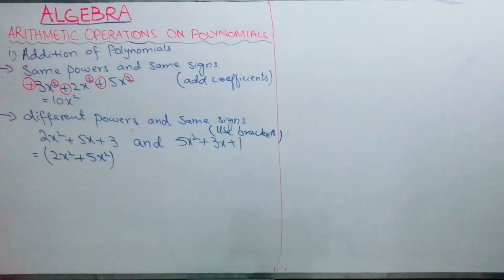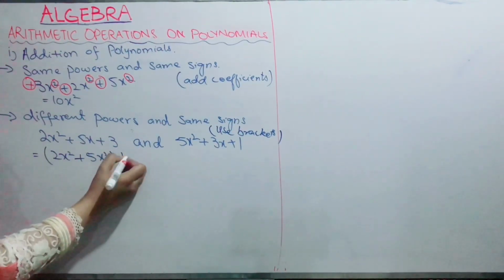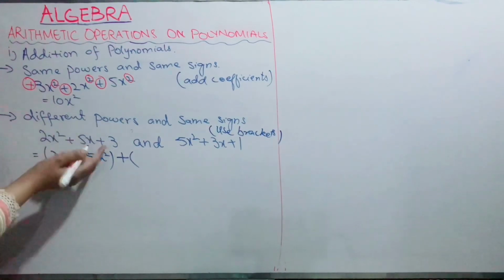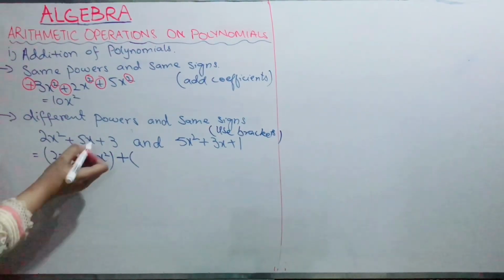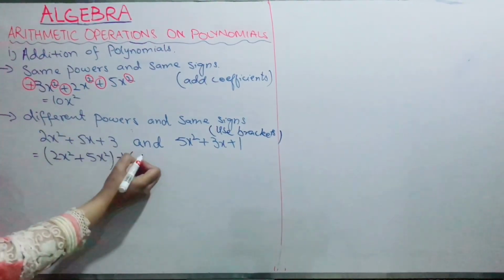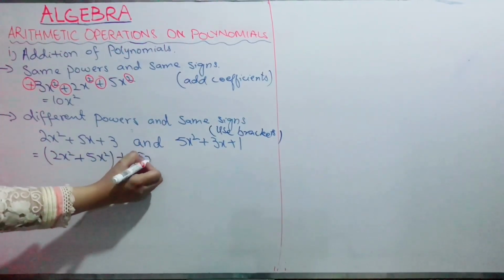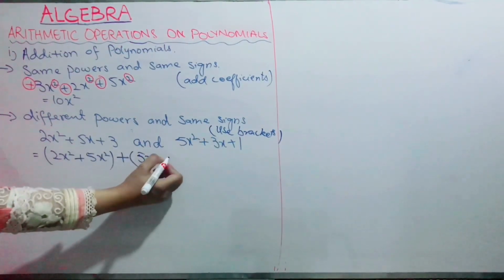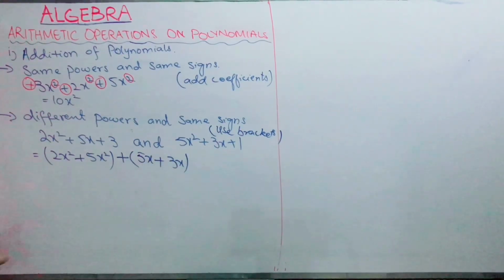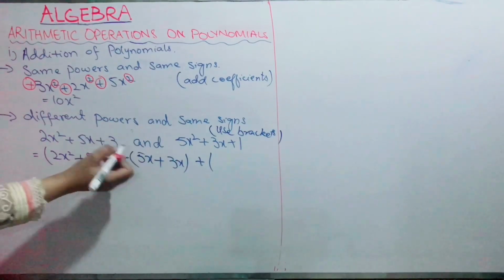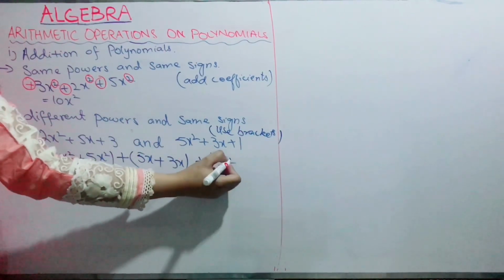So I put them in a single bracket. Next one, plus, because we are having same signs, all are plus, so don't need to worry about the sign. Next one is power of x, that is 1 here, so I will put them in another bracket. It becomes 5x plus 3x, and the last bracket will be for constants. So 3 plus 1,